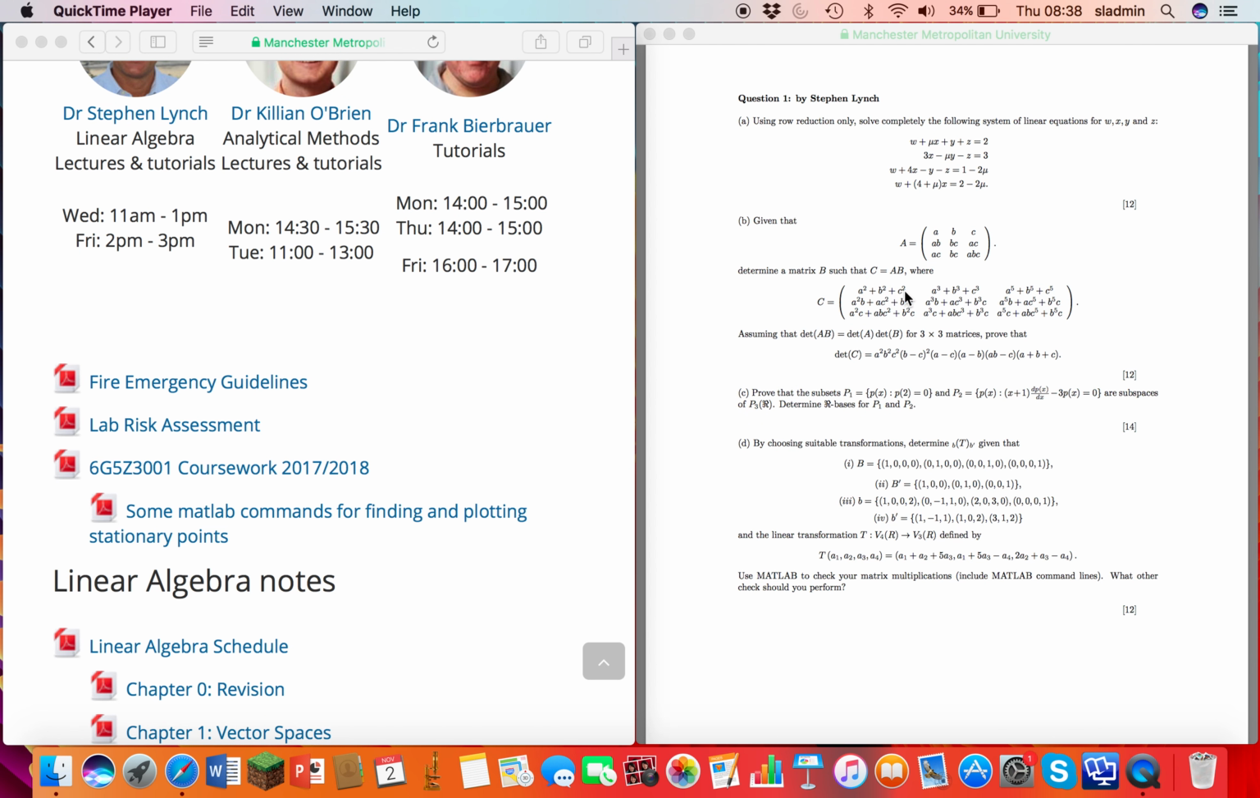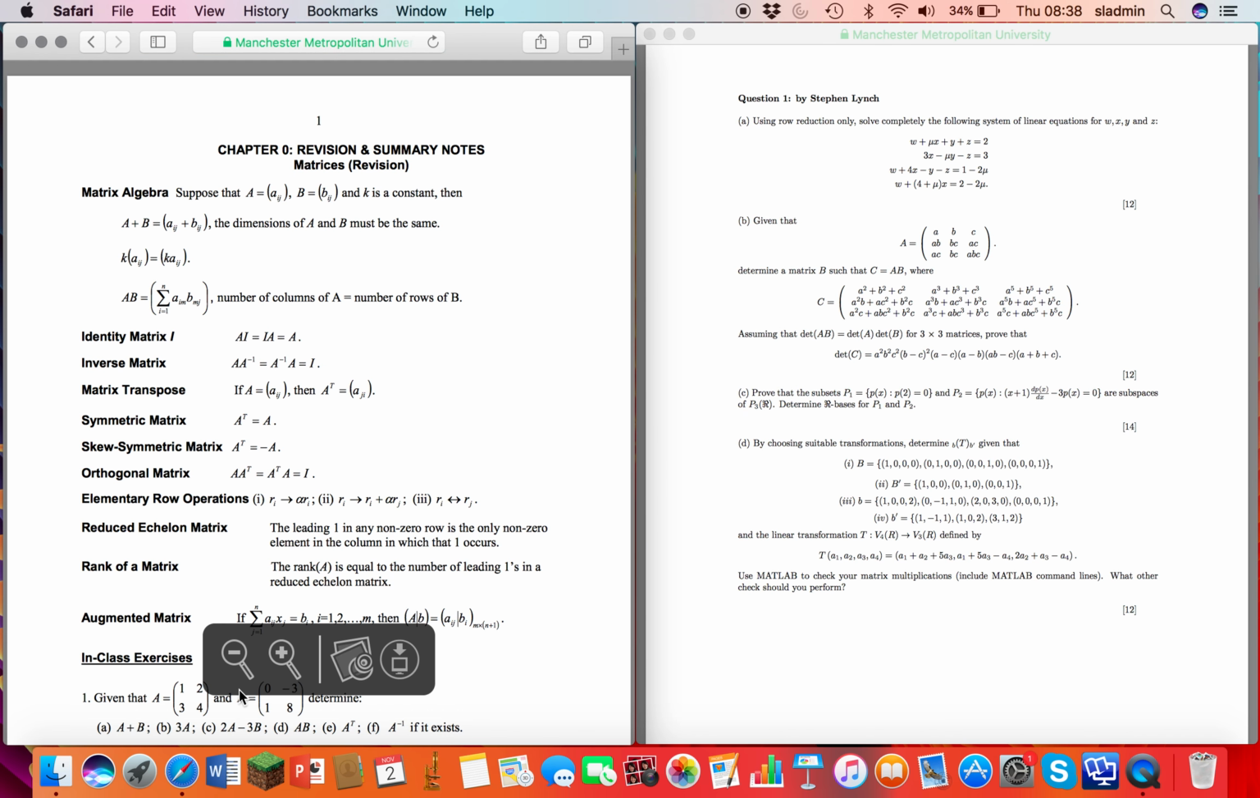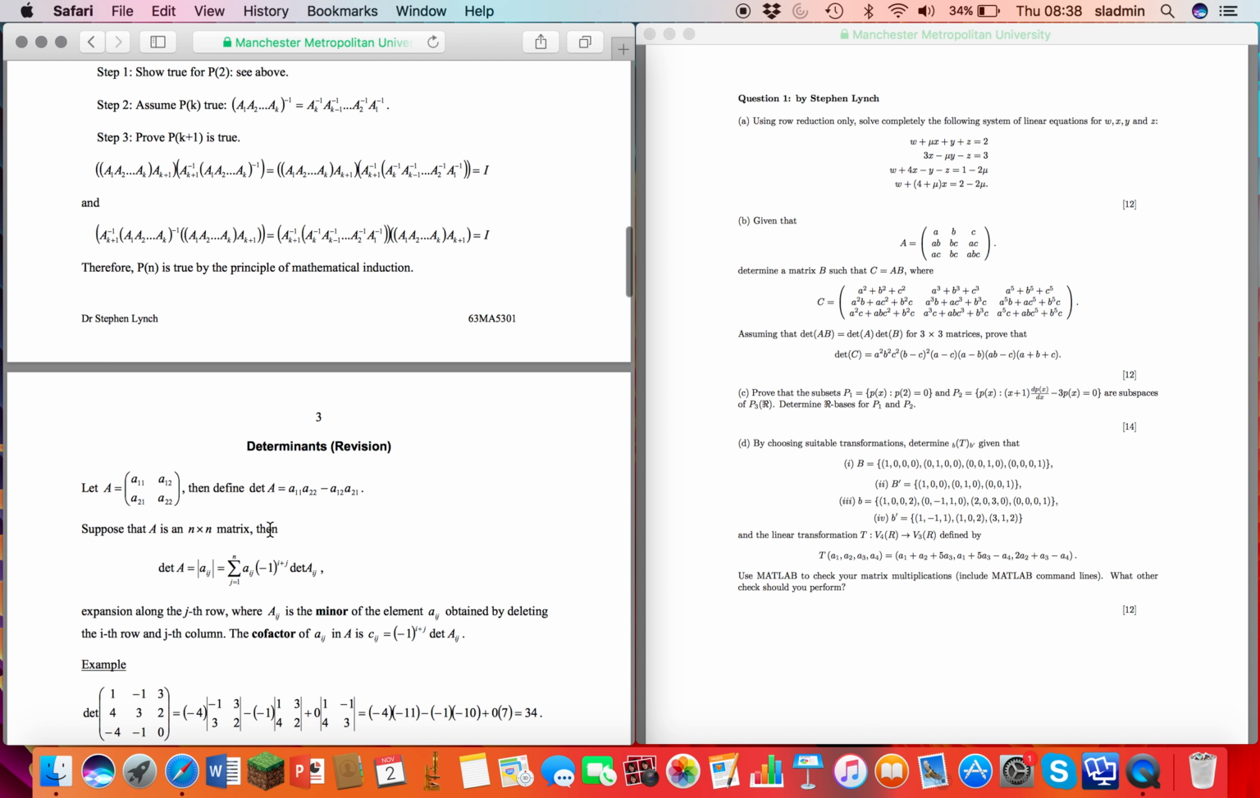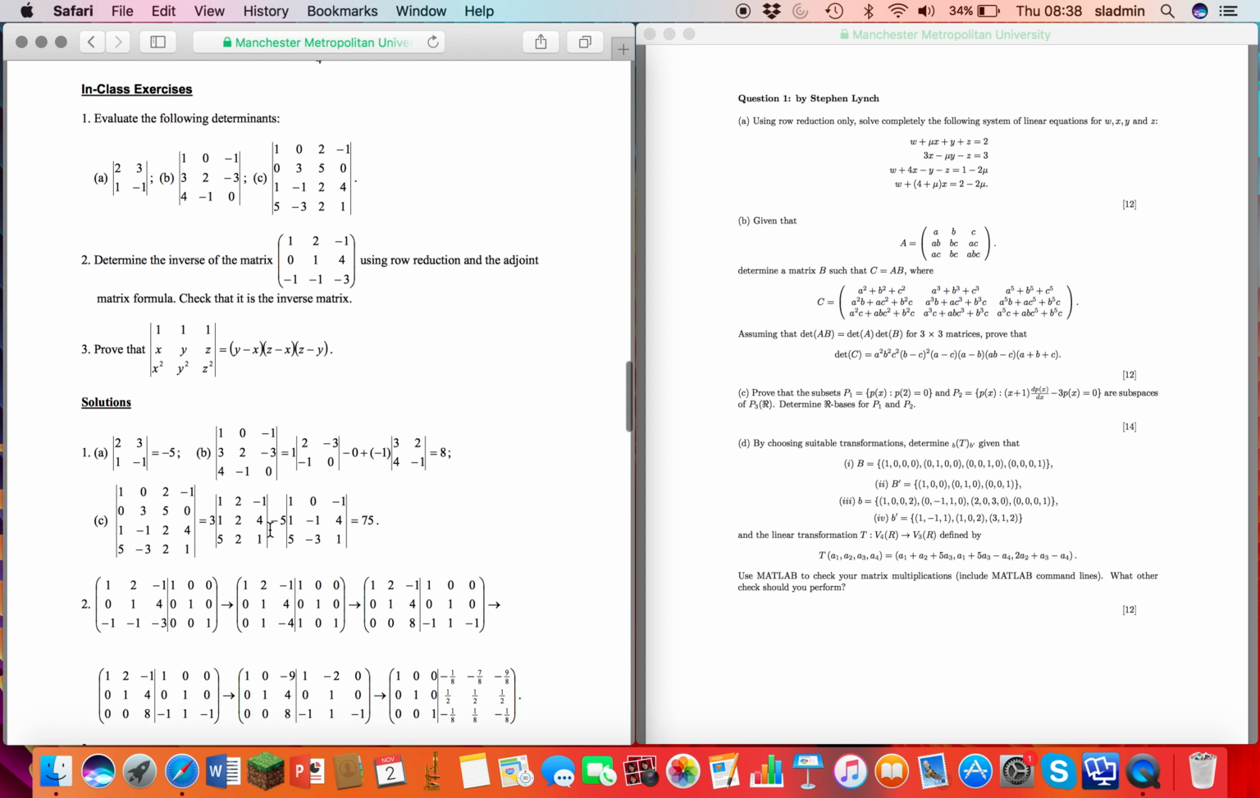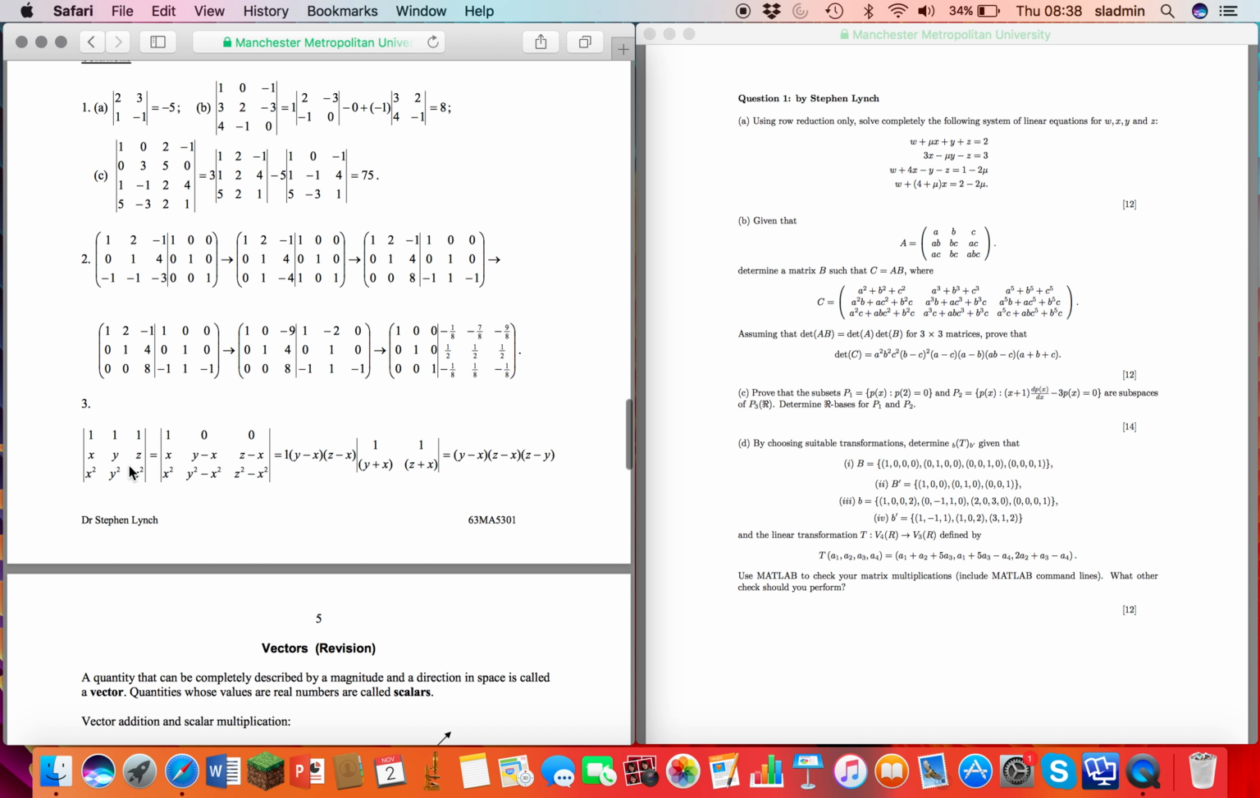For part B, we're using determinants. Now for guidance, if you look at chapter 0, and at the bottom of page 4, you will see that there's an example. So here we're asked to factorize this determinant. And you can see you can use row and column operations, and that's what you should be doing for question